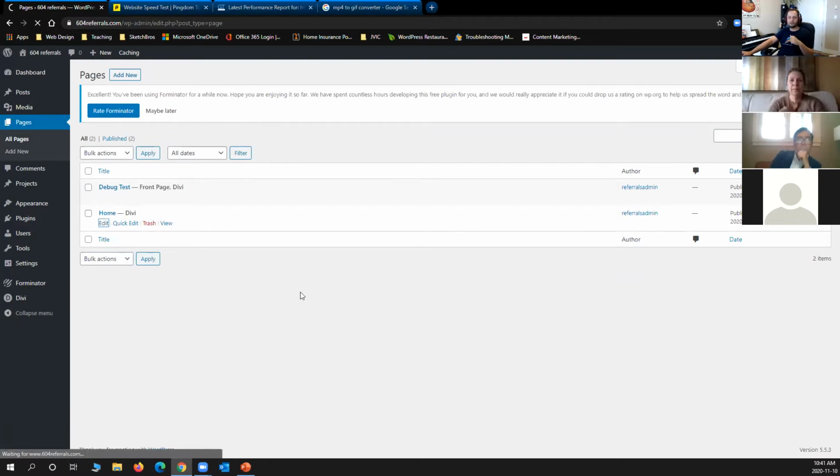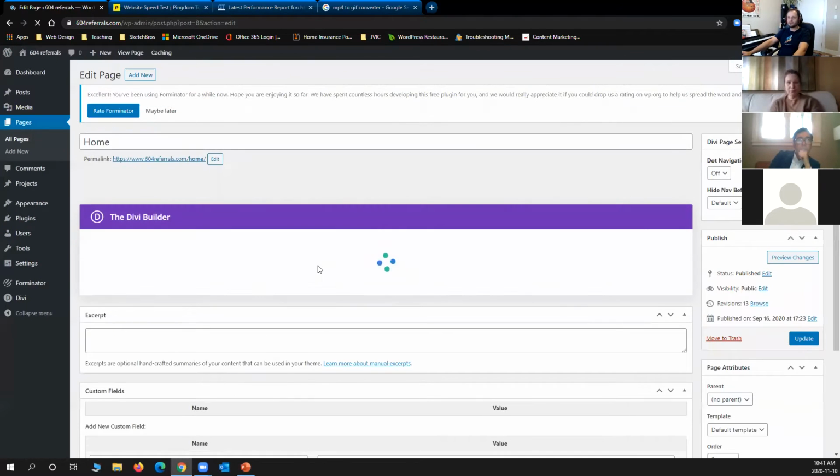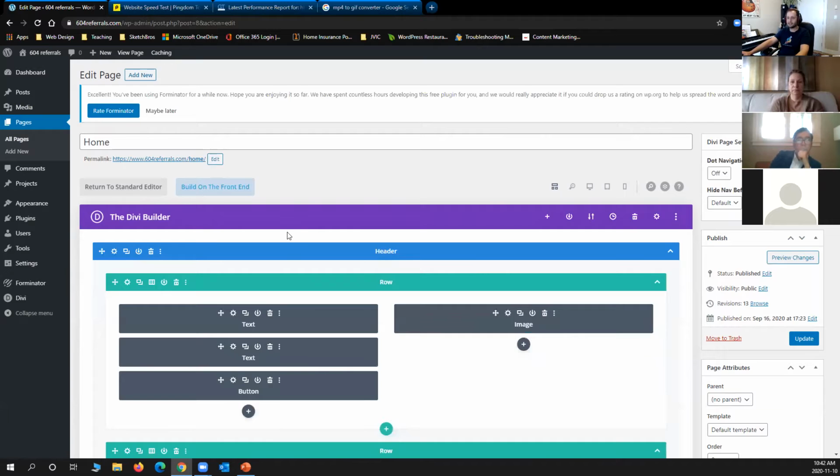Let me go here to edit. I will be using the backend just to finish it faster, just to show you, but I'm using Divi in this case, or any theme for that matter allows for that, makes no difference. If you have a theme that doesn't allow you to import videos from a URL, change your theme. Just as simple as that.